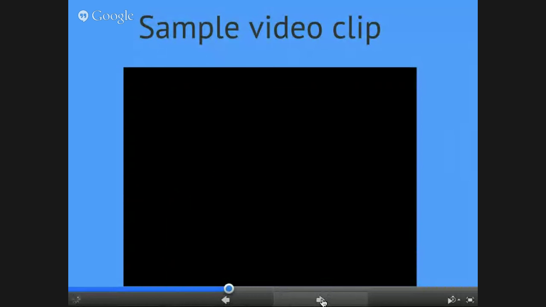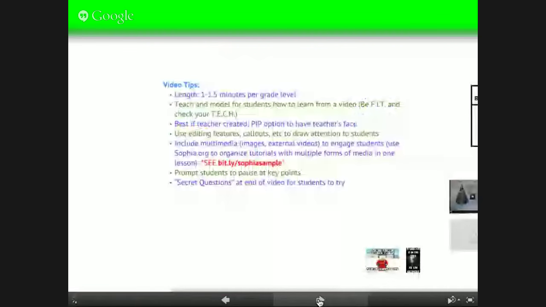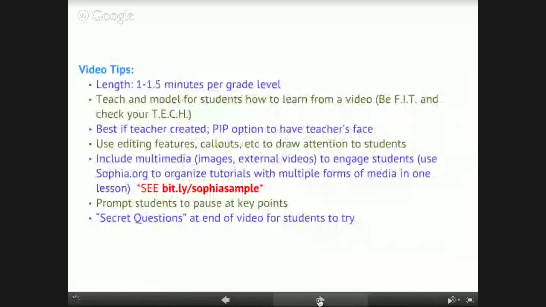And I think these are for functions. We called them fences. And so she goes through those little things and gives them the student success packets. And here, I thought this was really great. Her video tips, the length, 1 to 1.5 minutes per grade level. And then you're going to teach and model for the student. She has the BFIT and check your tech. And she has all these other